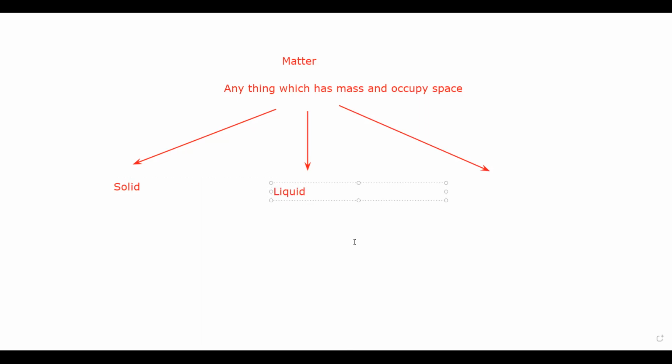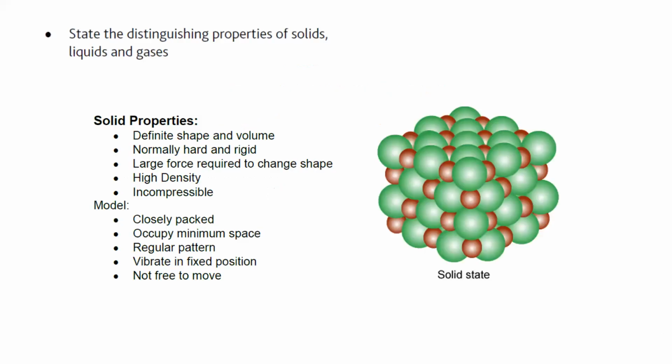Particles in gases are very far apart. They normally travel at a high speed. They are moving randomly. When we say they are moving randomly, it means there is no particular direction. If this was a particle, it can change its direction many times. So there is no specific direction in which this particle is moving. There is a negligible force of attraction between the particles, or the force between the particles is very weak.